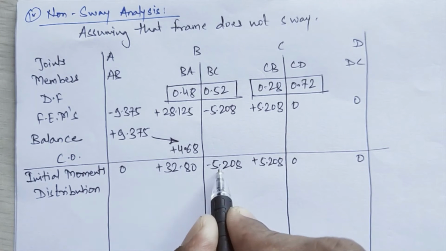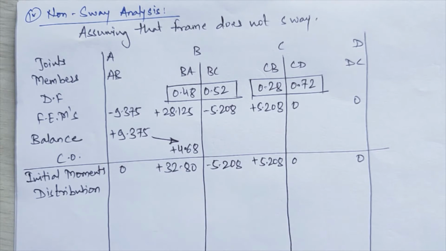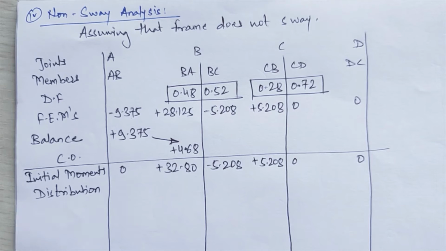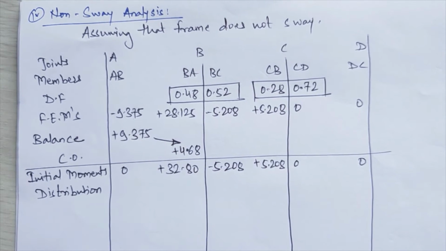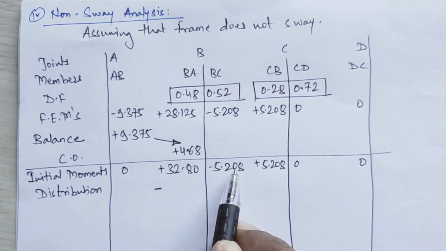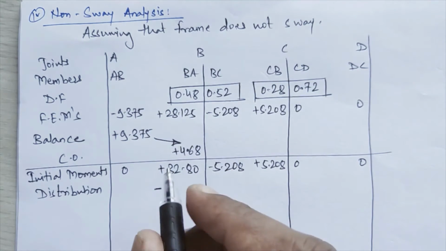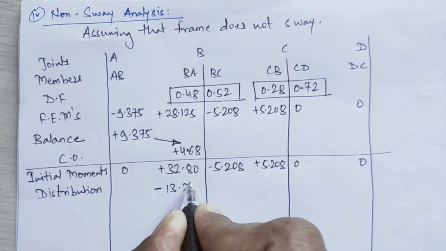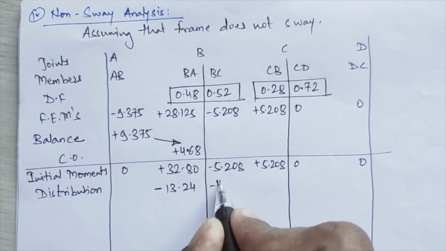So whatever summation you get here will be positive. Distribution is to be done with the opposite sign, that is negative. So the distribution for your joint B members will be negative. So the summation of these two multiplied by 0.48, I get almost equal to 13.24, and here I get almost equal to